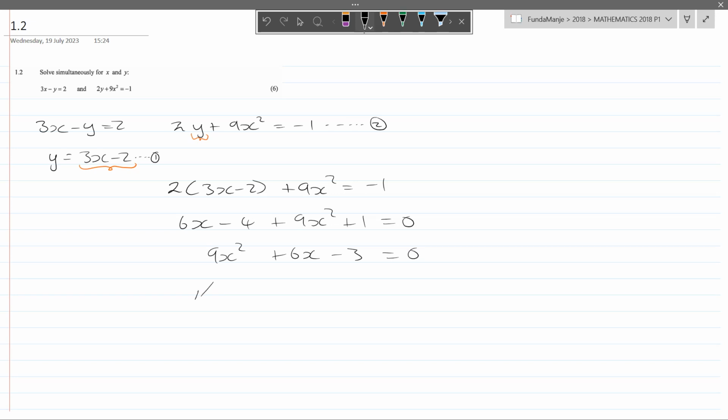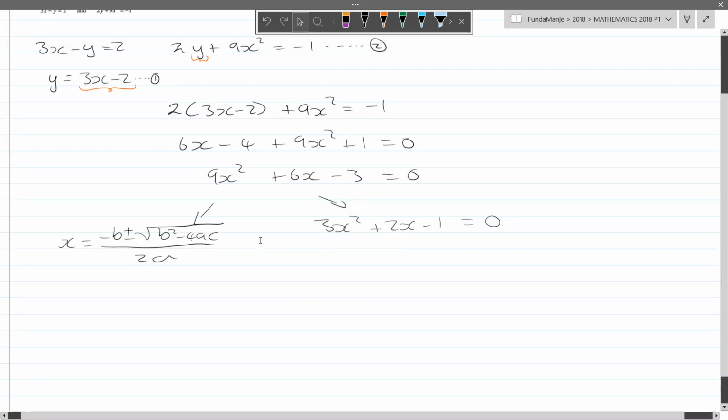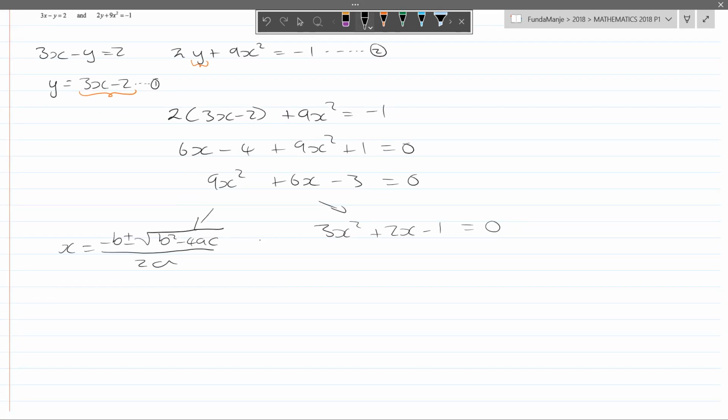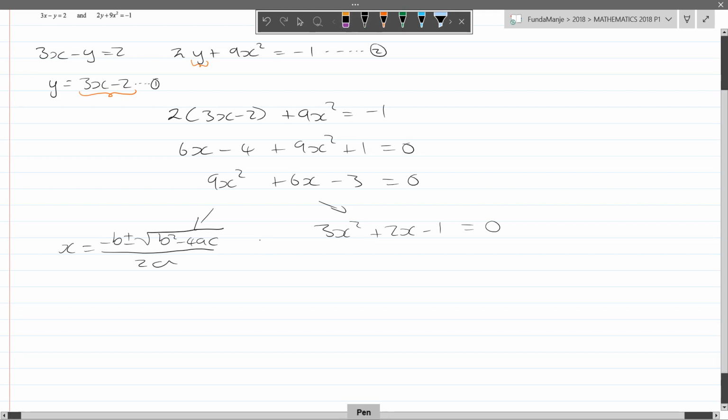Once we're here, there are two ways in which we can go. Either the quadratic formula, which is x is equal to minus b plus or minus the square root of b squared minus 4ac, all over 2a, or you could continue factorizing and simplifying. So if we were to simplify this, we would divide through by 3, leaving us with 3x squared plus 2x minus 1 is equal to 0. Then if you were to use your quadratic formula, you would simply get,